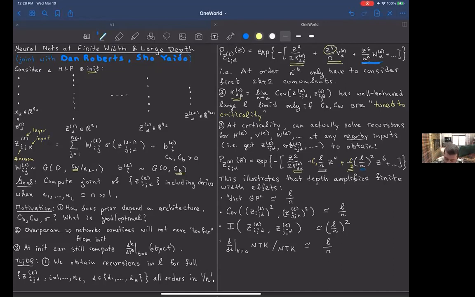The way I think about this is that depth cures laziness. There's this concept of lazy learning, which I'm sure many people here are familiar with. It's the idea that network training is basically a linearization around initialization. What I'm saying is that even for vanilla neural networks, that's not strictly speaking true. If you send the depth of the network to infinity together with the width, so that this ratio remains some positive constant, then the NTK in that limit will start changing and you'll start learning features in your model and all of this.